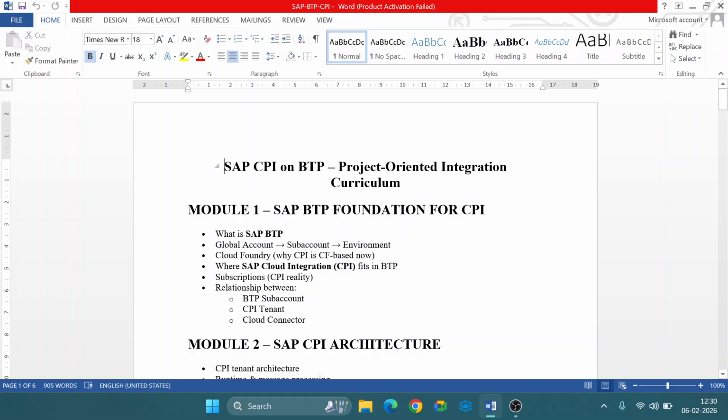So namaste. In this session we will discuss the topics which I am going to cover as part of my sessions. Many of the students are getting confused with the naming convention called BTP. They are getting the feeling that only if the BTP naming convention is there, then it's a good course. But trust me guys, this BTP and CPI, CPI is on the BTP